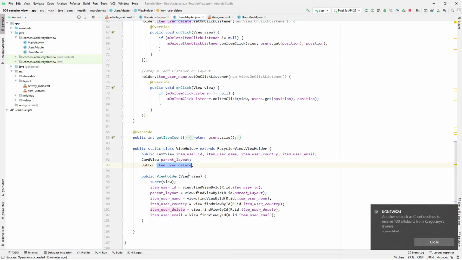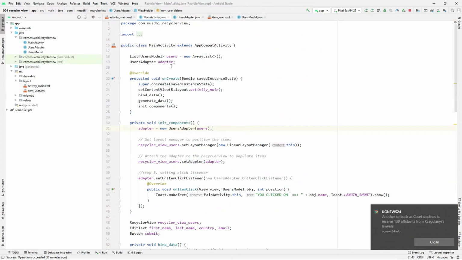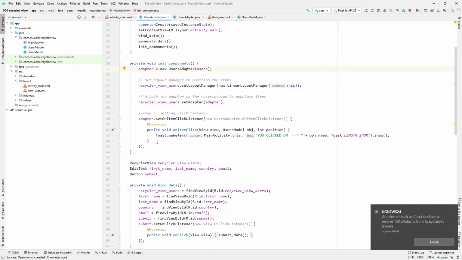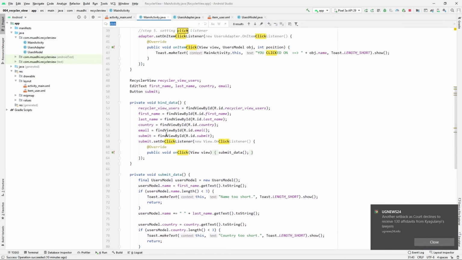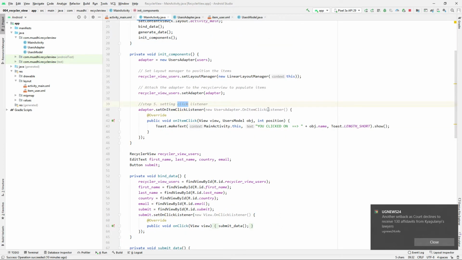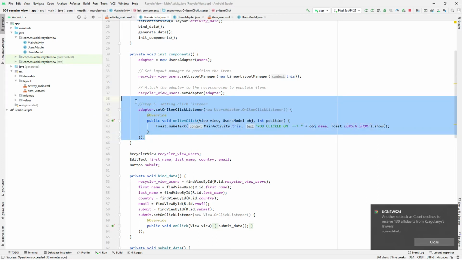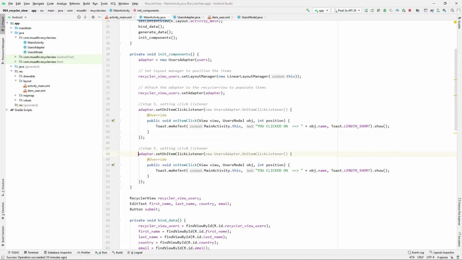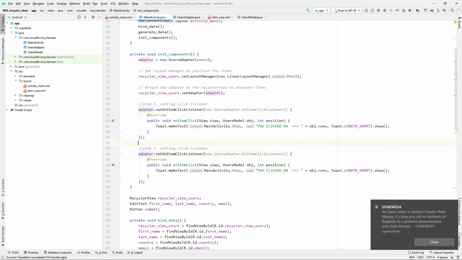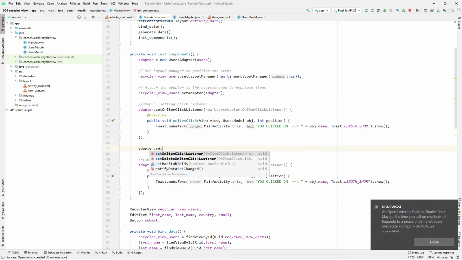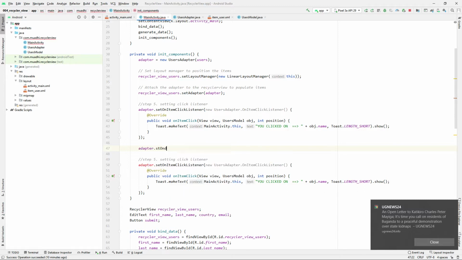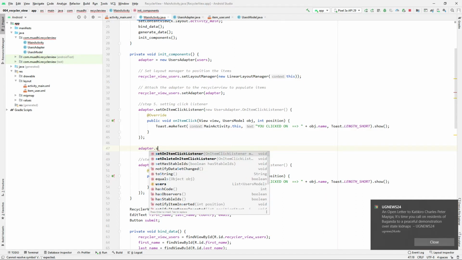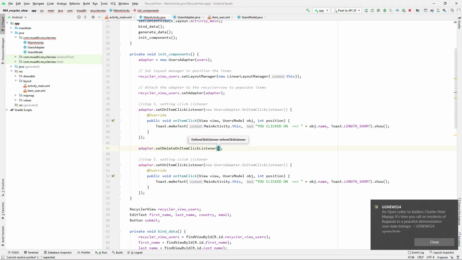Now what next is to listen to it. First, if it will work, I'll simply come this side and then put the function of... wait. Yeah, so here after setting the adapter, now I need to say the deletion action. So I'll just duplicate this one, and I'll just say adapter.set. Okay, just write it fresh because we'll have to provide everything. Dot set, set on delete, set on delete. See, that will be here, new